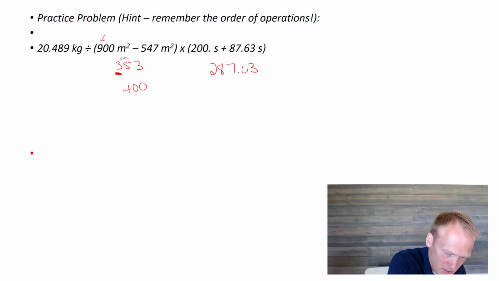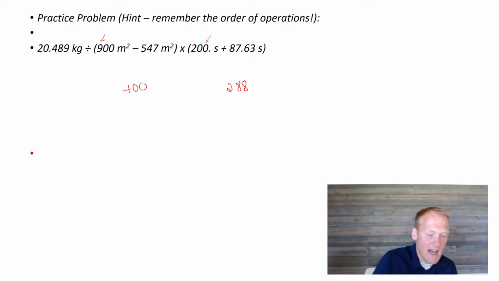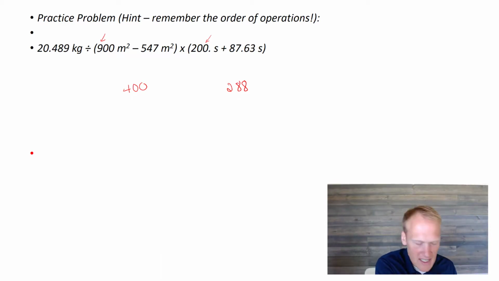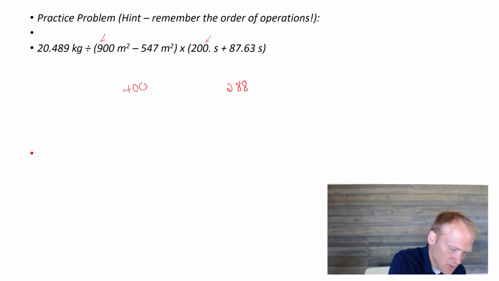These two numbers, the 200 has significance to the ones position, which means we would take this 6 and round the 7 up to 288. So now that we've done the addition and subtraction and rounded correctly, we would plug those numbers in for the division and the multiplication part. So we take 20.489 divided by 400 times 288, and that would give us